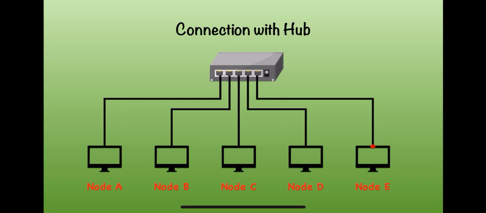You can see that there is some data waiting at node E to be transmitted. Now the data is moving to the hub. Now it has moved to the hub. Now the same data will be transmitted to all other ports, to node A, B, C and D. Similarly, there is one data waiting at node B. It has gone to the hub, and now the same data will be transmitted to A, C, D and E. And same thing, there is data going from node C, and the same data will be transmitted to A, B, D and E. So we can say in a hub the signal received on one port is transmitted to